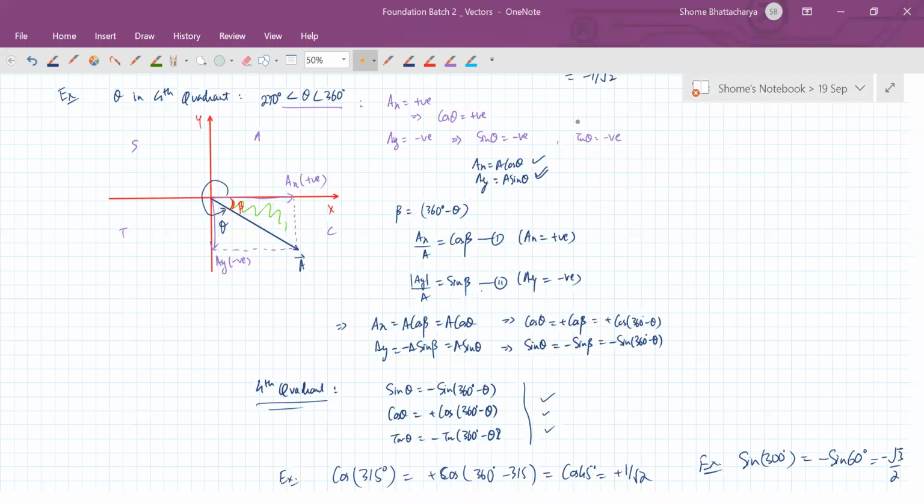So in the fourth quadrant, when the vector is there, what happens? You can see the y component is negative, right? So that is why we are writing mod of ay upon a is sine beta. So ay itself will become what? Ay will become negative of a sine beta, and ax upon a is cos beta, so ax is directly a cos beta. Then you are comparing this formula with this one, so you are getting this relation. So that's how you're getting that sine is negative, cos is positive, and therefore it is ASTC.